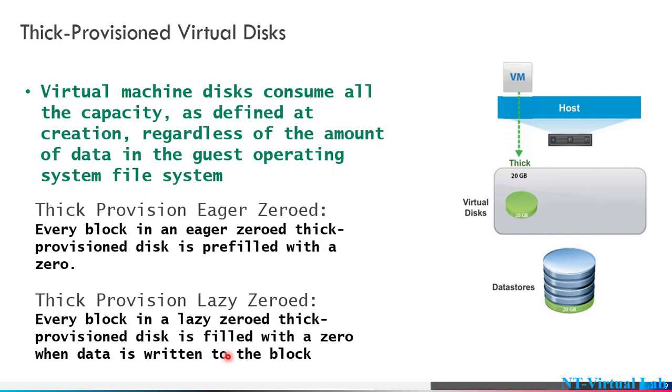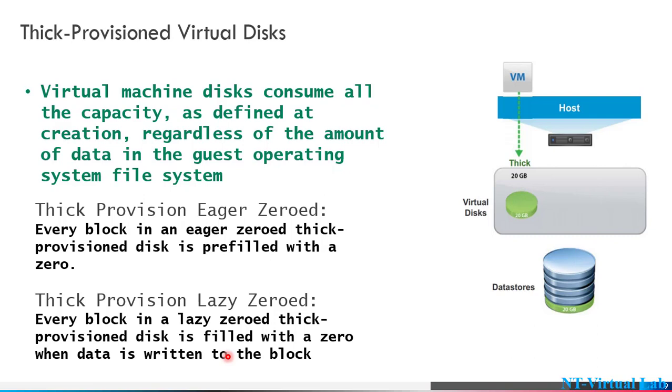And there are types of thick provision: lazy zeroed and eager zeroed. Both consume the space at the time of creation, but they are separated based on the zeroing process. The zeroing process is like this: when we start to use a hard drive, we need to clean that hard drive. We need to set zero in every block, or every region.